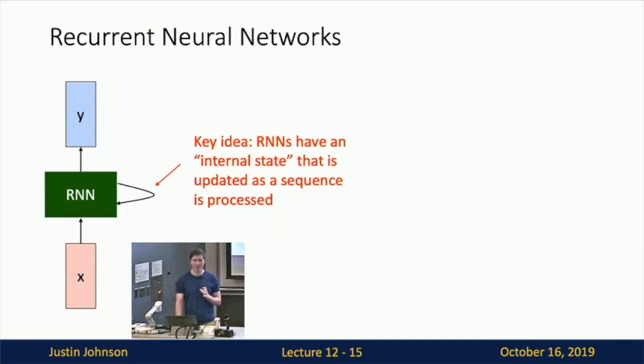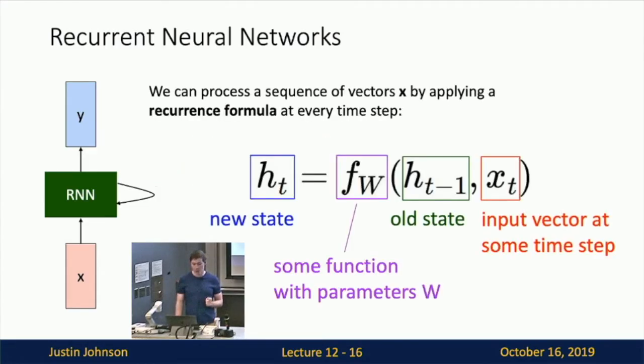Well, the basic intuition behind a recurrent neural network is, like I said, that we're processing sequences. At every time step, the recurrent neural network is going to receive some input, x, shown in red, and emit some output, y, shown in blue. The recurrent neural network will also have some internal hidden state, which is some kind of vector. At every time step, it will use the input at the current time step to update its hidden state using some kind of update formula. Then, given the updated hidden state, it will emit its output for the current time step, y. So concretely,